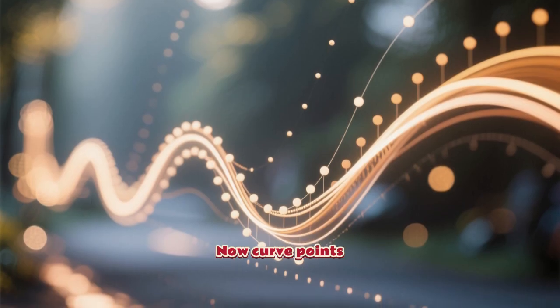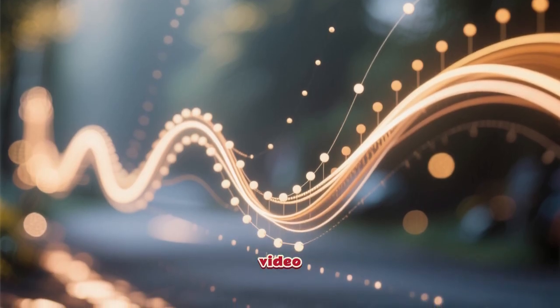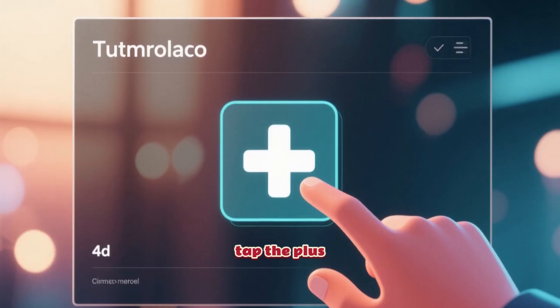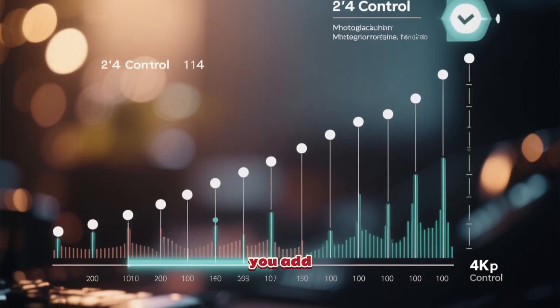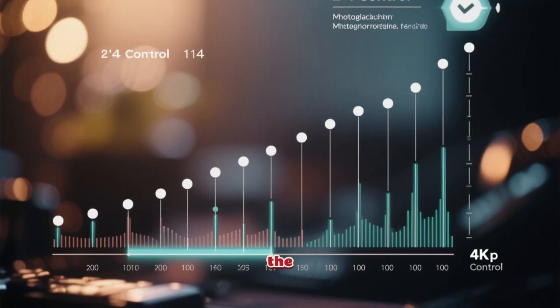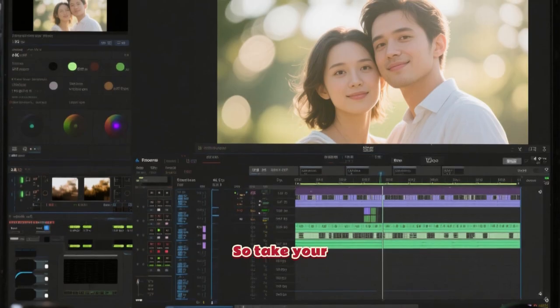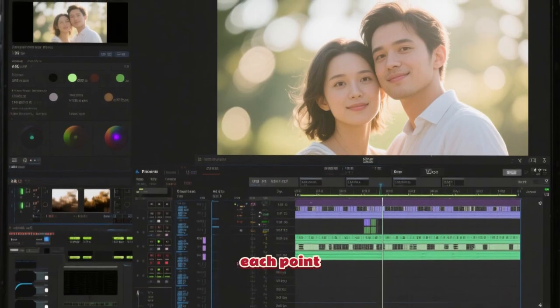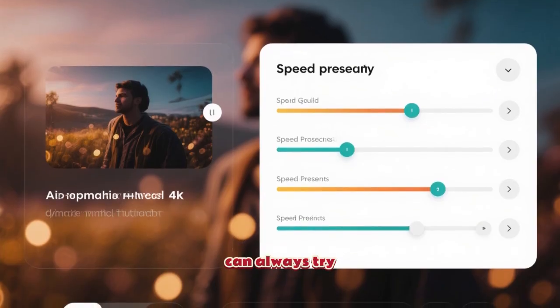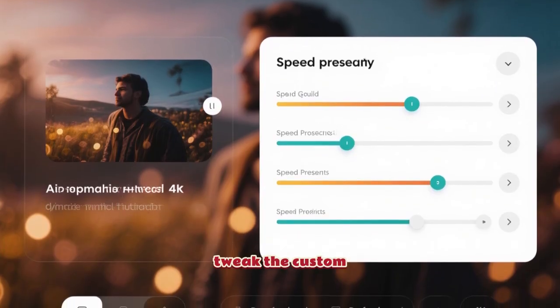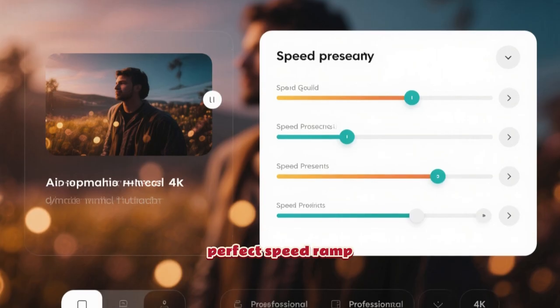Now curve points determine the speed flow of your video. You can also tap the plus icon to add more curve points. The more points you add, the more control you have over the speed of your clip. So take your time and adjust each point until you're happy with the results. And remember, you can always try different presets and tweak the custom settings until you find the perfect speed ramp